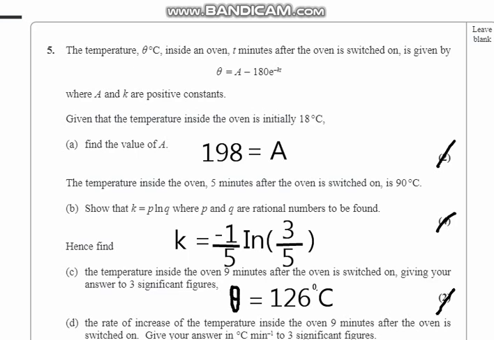Guys, one tip here is whenever they say find the rate of increase of temperature, it simply means that this is the function there, theta equal to a minus 180 into e to the power minus k upon t. That's our function, right? They are just asking us to differentiate it. That's the meaning of rate of increase. Sometimes students get confused between these and they just start finding the theta value again, and that's of no use. So you have to differentiate it, and I'll show you how.